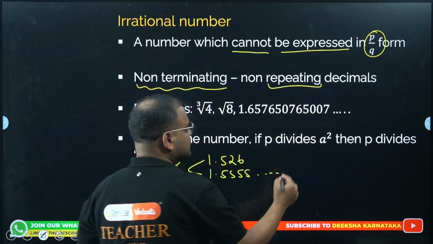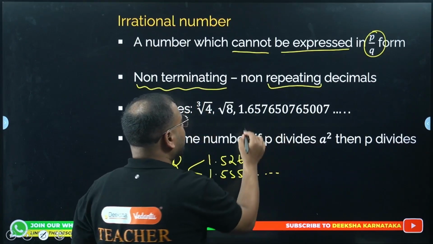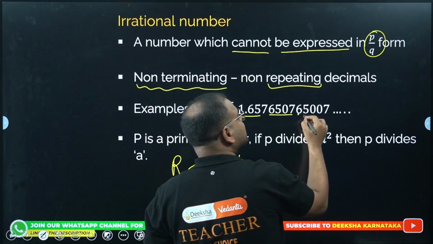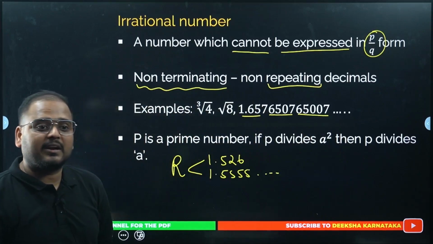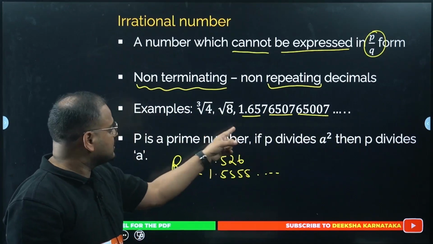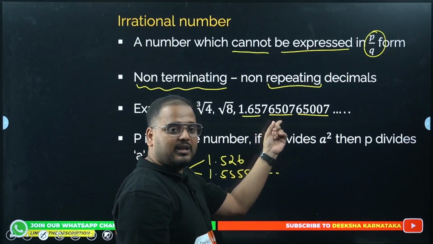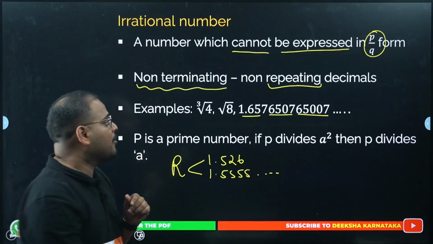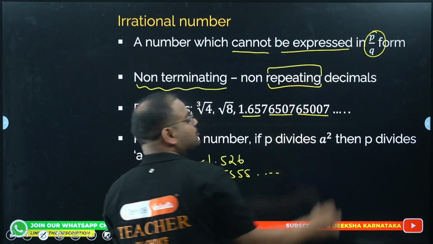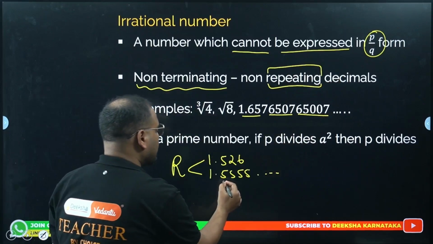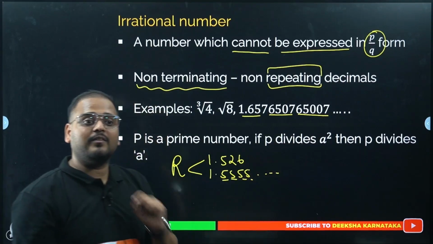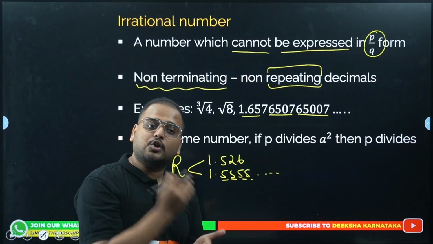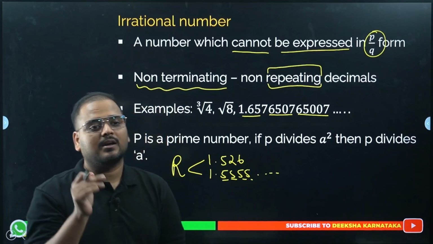Means if I have a number, let's say 1.657, 1.6507, 1.65007. Some people might get confused here saying that, sir, there is a repetition. No, see, the pattern is there. 657, one 0 is increased, another 0 is increased here. But we are talking about not just pattern, we are talking about repetition. So the number has to be repeated like this, 5555. Then only we'll call that rational, otherwise irrational. So what is the decimal form of irrational? Non-terminating, non-repeating decimals are irrational numbers.